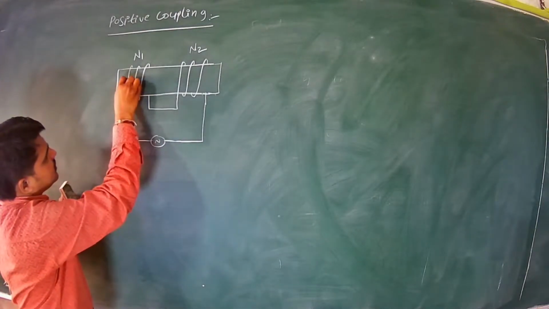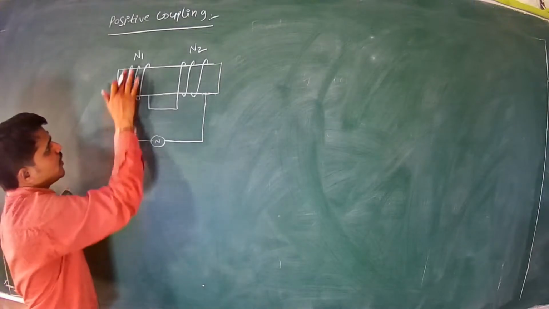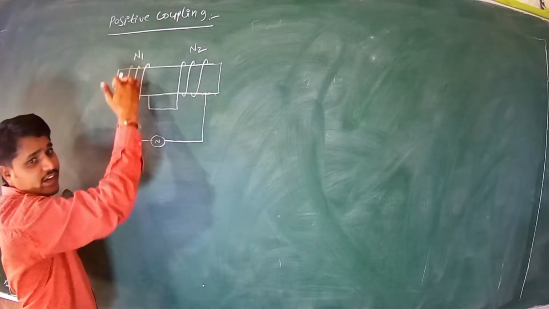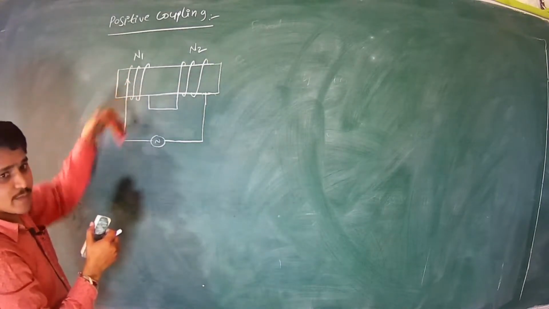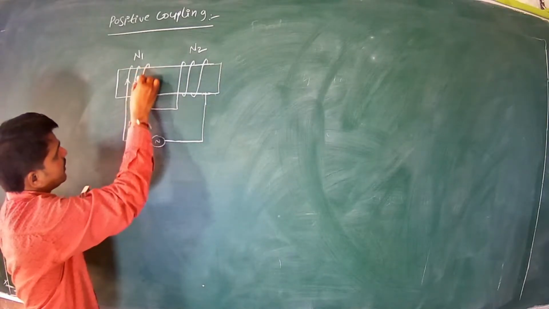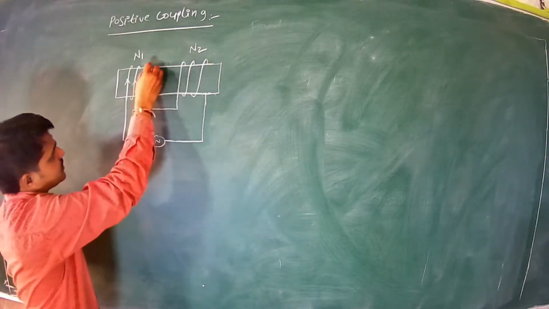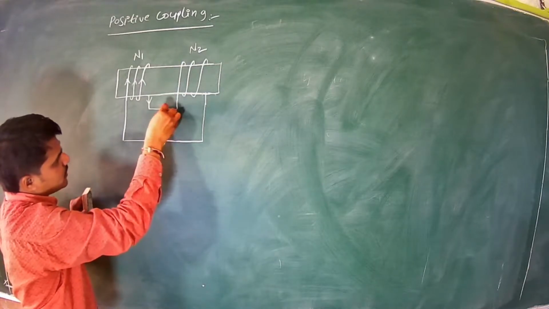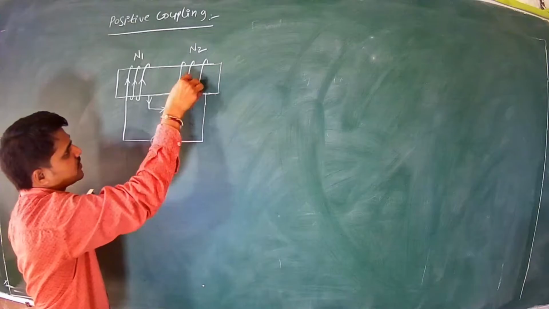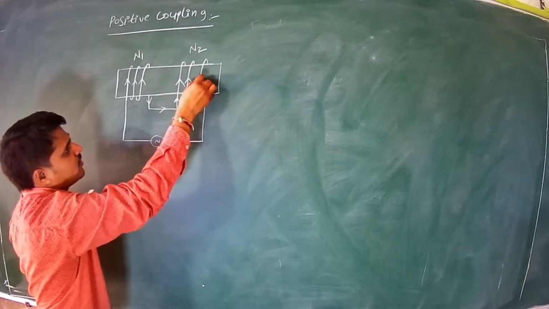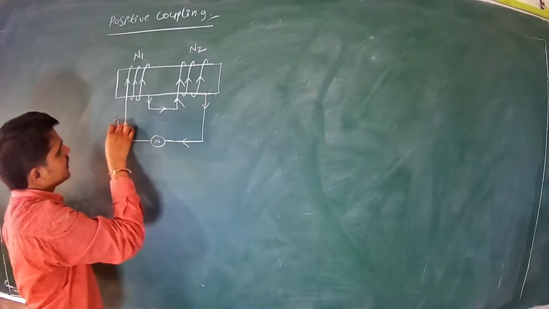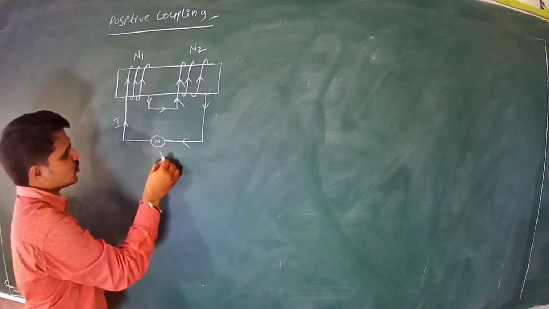Now these are the current directions. The current is going upwards from the top and the front side and coming downward from the back side. Like this, current is going and coming, leaving out. The same for the other coil, going upwards and coming down, related to the supply. So this is the current direction, if you apply some voltage E.